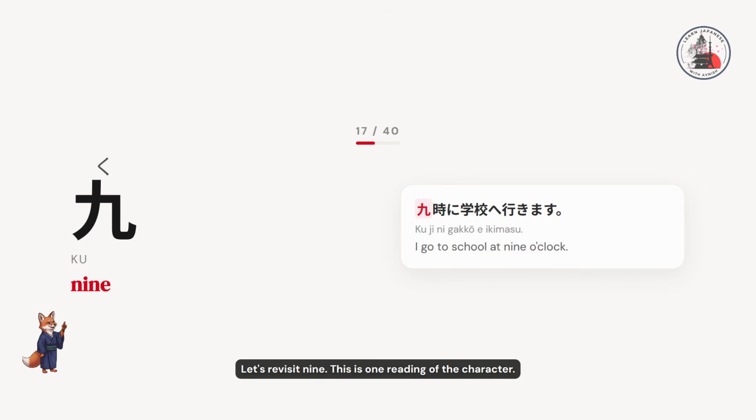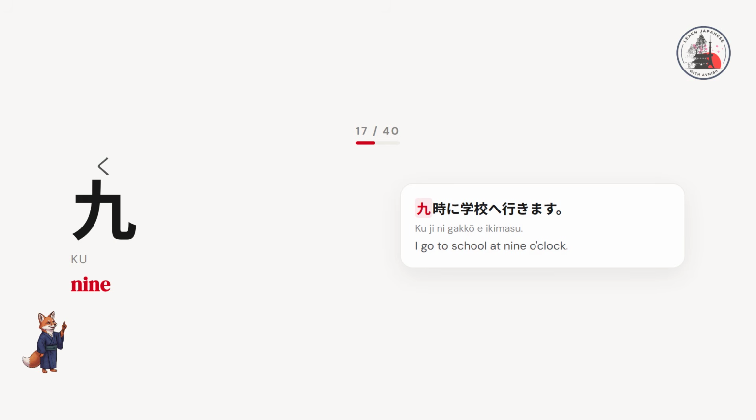Let's revisit 9. This is one reading of the character. く、く。 For example, 9時に学校へ行きます。